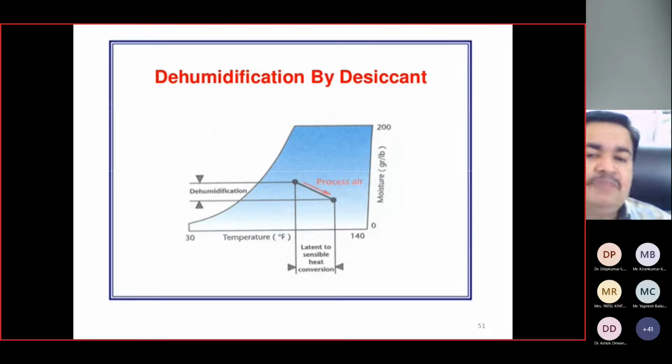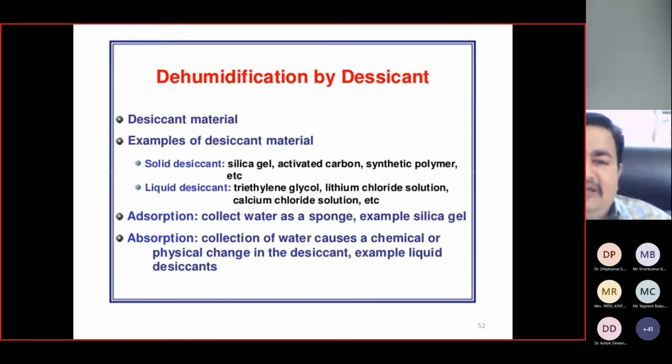As we see in the case of vapor compression system, whenever you want to remove the moisture from air, you have to decrease the temperature of air up to its dew point temperature, so that minimum temperature is required at the evaporator coil, and so compression pressure should be increased. In such a way, dehumidification produced by desiccant does nothing, it simply converts the latent heat load of the air conditioned air into sensible heat, and it is very easy to handle the sensible heat load by the cooling.